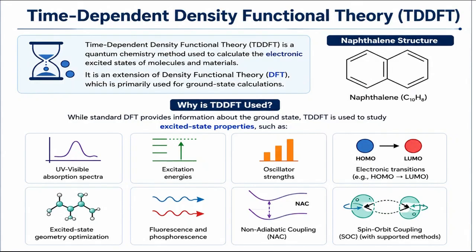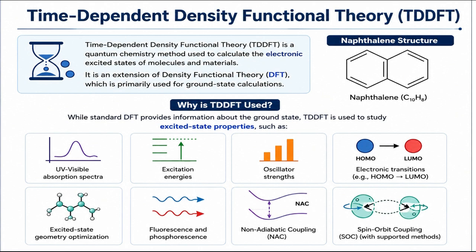In our previous sessions, we have discussed the time-dependent density functional theory. For anyone new to this video, we can explain one more time. It is a quantum chemistry method used to calculate electronic excited states of molecules and materials. Generally, it is an extension of density functional theory. Standard DFT provides information about the ground state, and here we can also study excited state properties such as UV-visible absorption spectra, excitation energy, oscillator strength, electronic transitions, excited state geometry optimizations, fluorescence and phosphorescence, non-adiabatic coupling and spin orbit